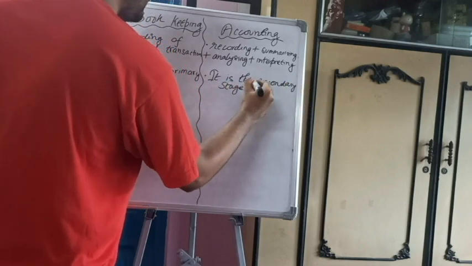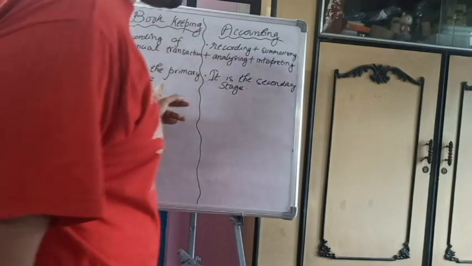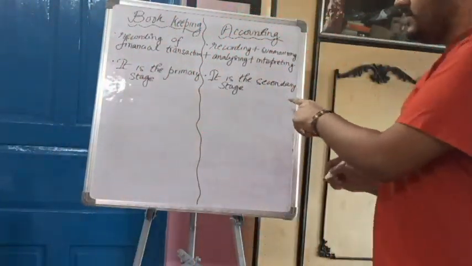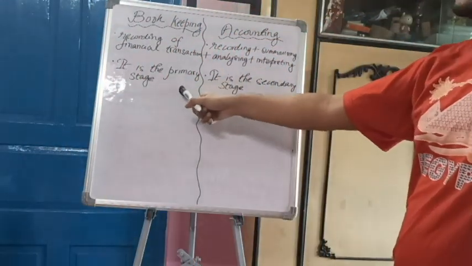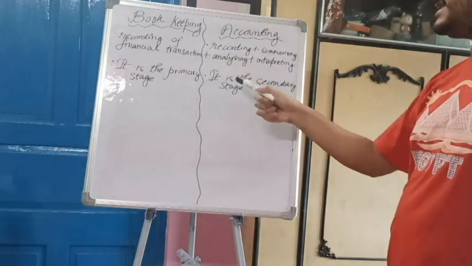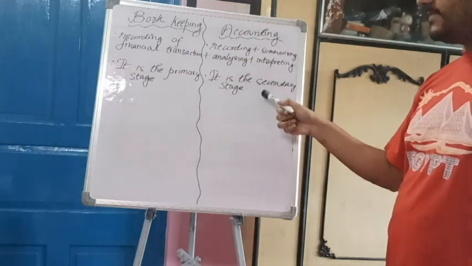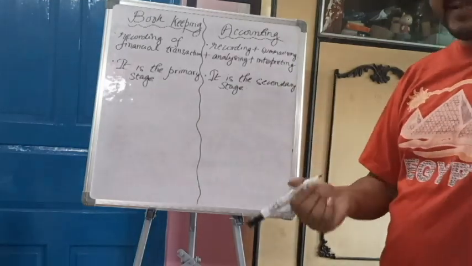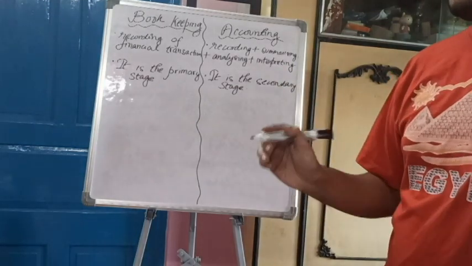That means first we have to go through bookkeeping and then we go through accounting. That is the first or the primary stage, and after it is done, that is recording of transactions, then secondary stage comes, that is summarizing, analyzing, interpreting, communicating and others. Next is